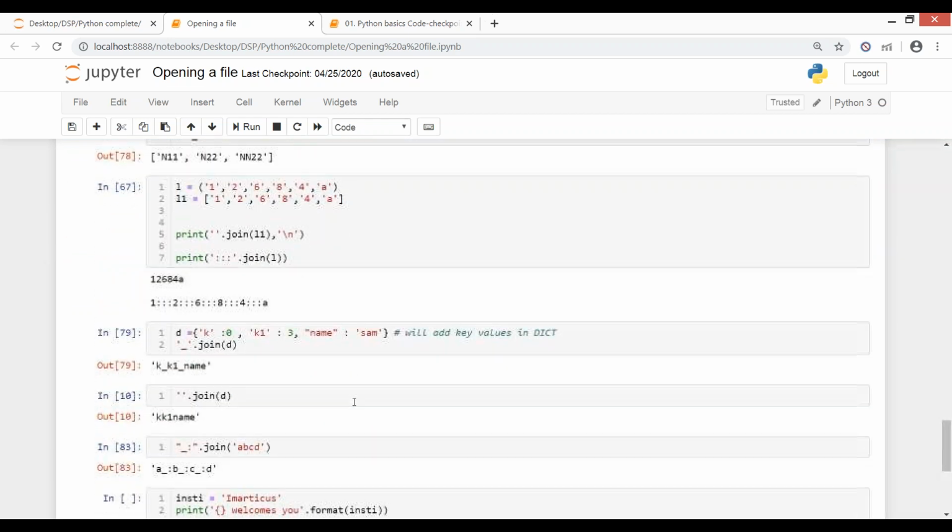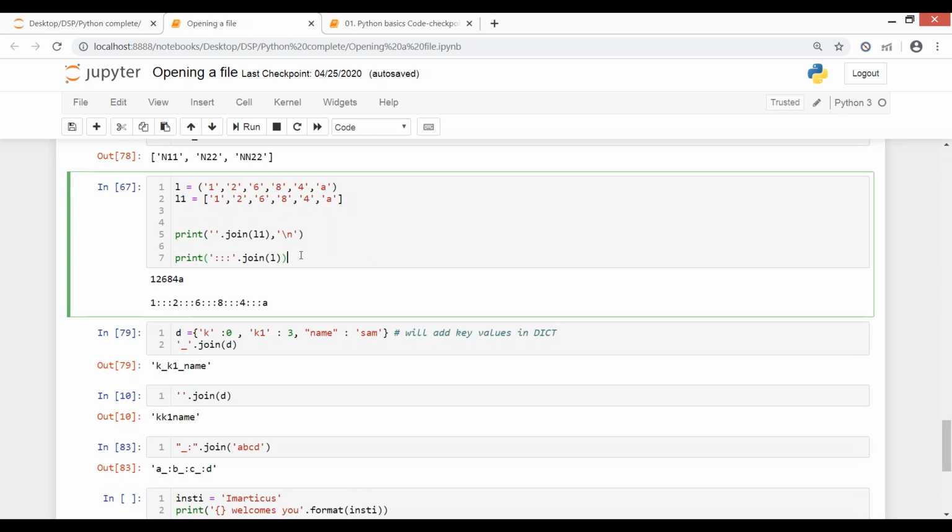Now join. We have not done join, right? Or have we done it in loops? I think we have not. Okay. Now join will again work for text data only. It's a text operation command. It will join values and give you the result, like what I've given here. L is my tuple and L1 is my list. I want the values of L to be written together, because now they're different here. I want them to be joined.